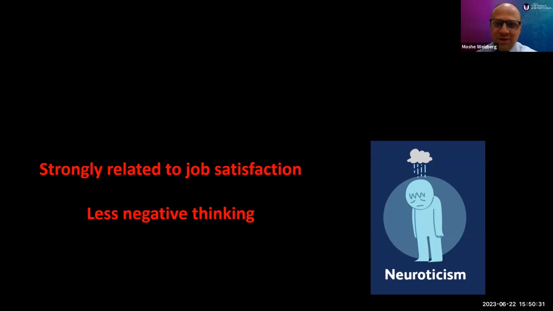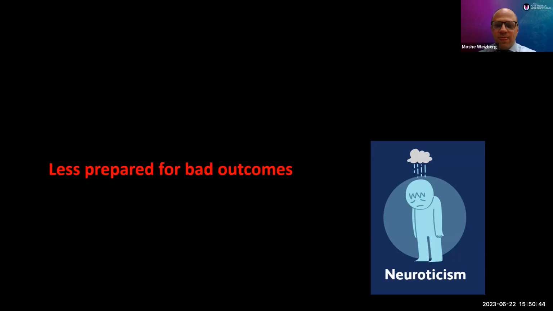We want the resident who's going to come onto a shift being happy, being satisfied, and not the resident who's going to come onto a shift and start complaining about everything they see around them. And this area of emotional stability is what we're looking for. Here too much of a good thing may not be so good, because people who are very, very emotionally stable may always need things to be okay. And when the outcome is not so good, they may not be able to adapt to it